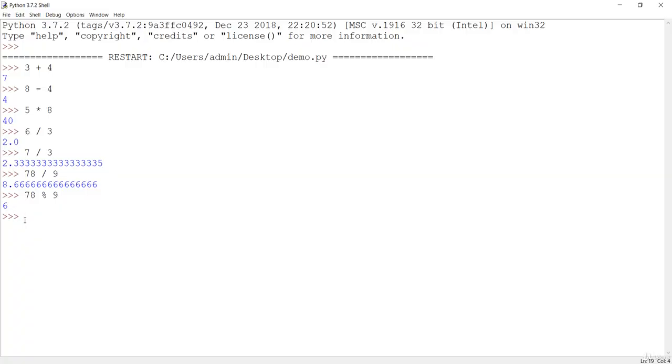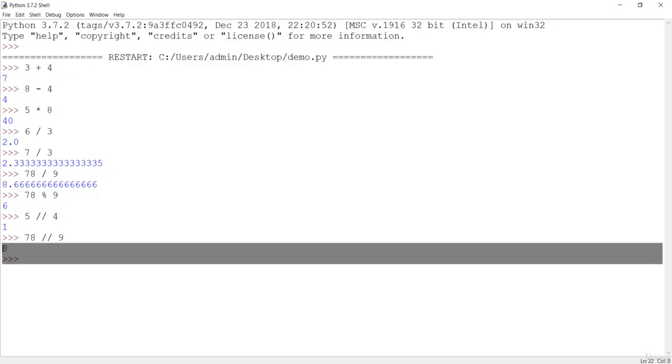So the next one is floor division. This is important. When I just say 5 divided with, let me say 4, you are getting only 1, and floor division is the division that results in the whole number adjusted to the left on the number line. So if I divide 78 with 9, you'll get the gist over here.